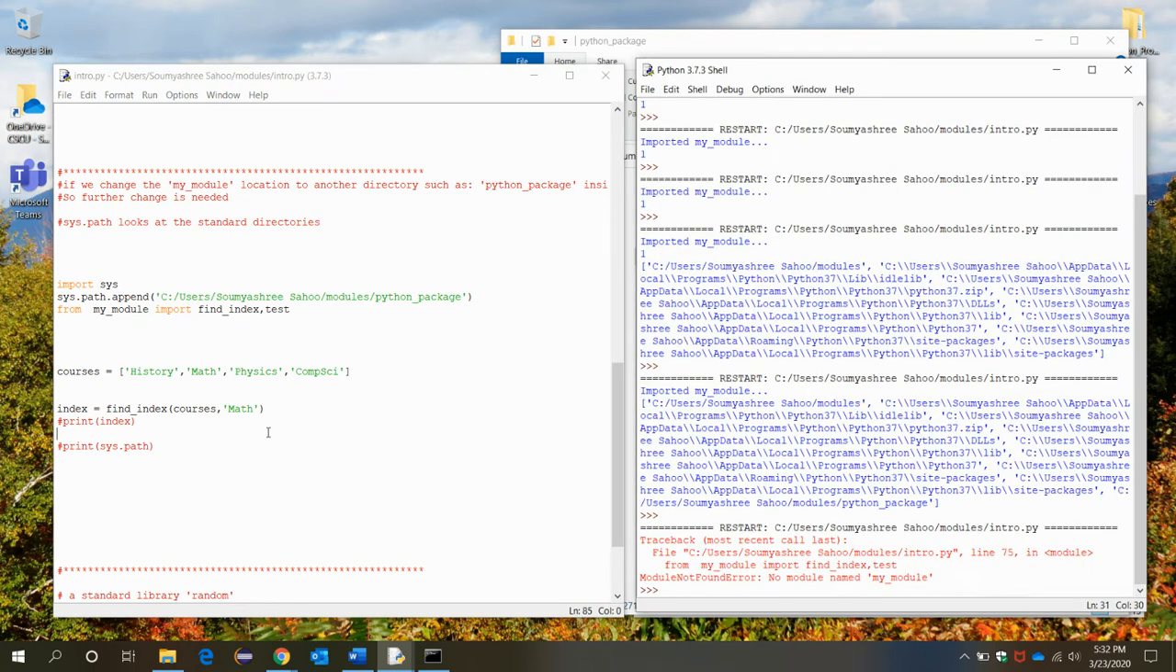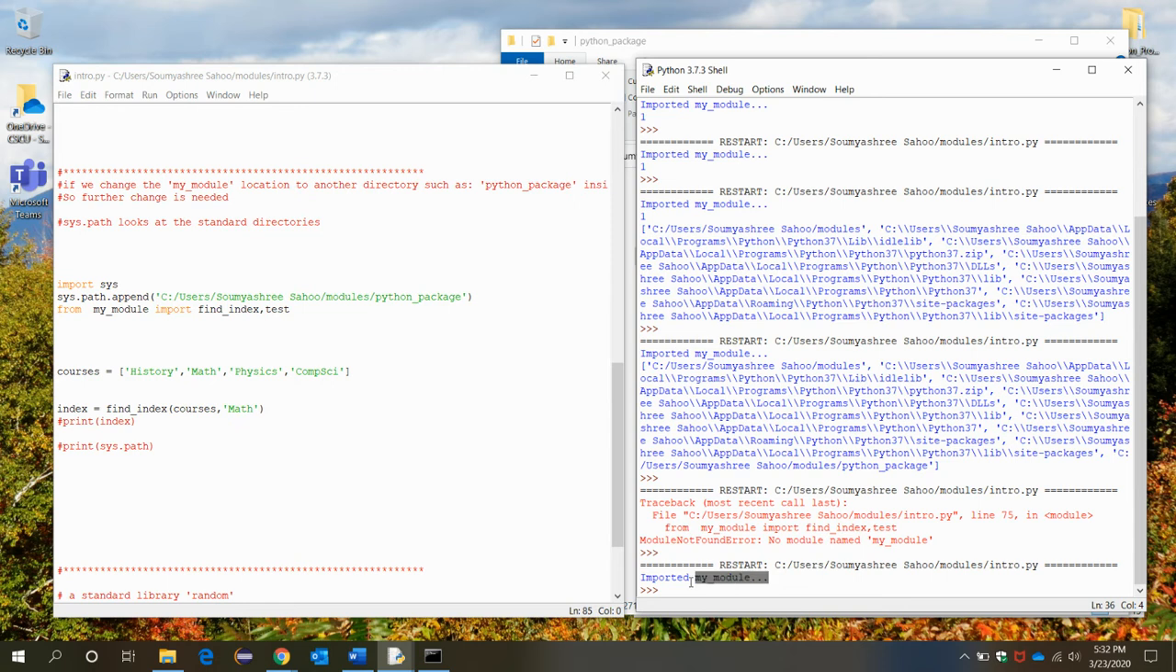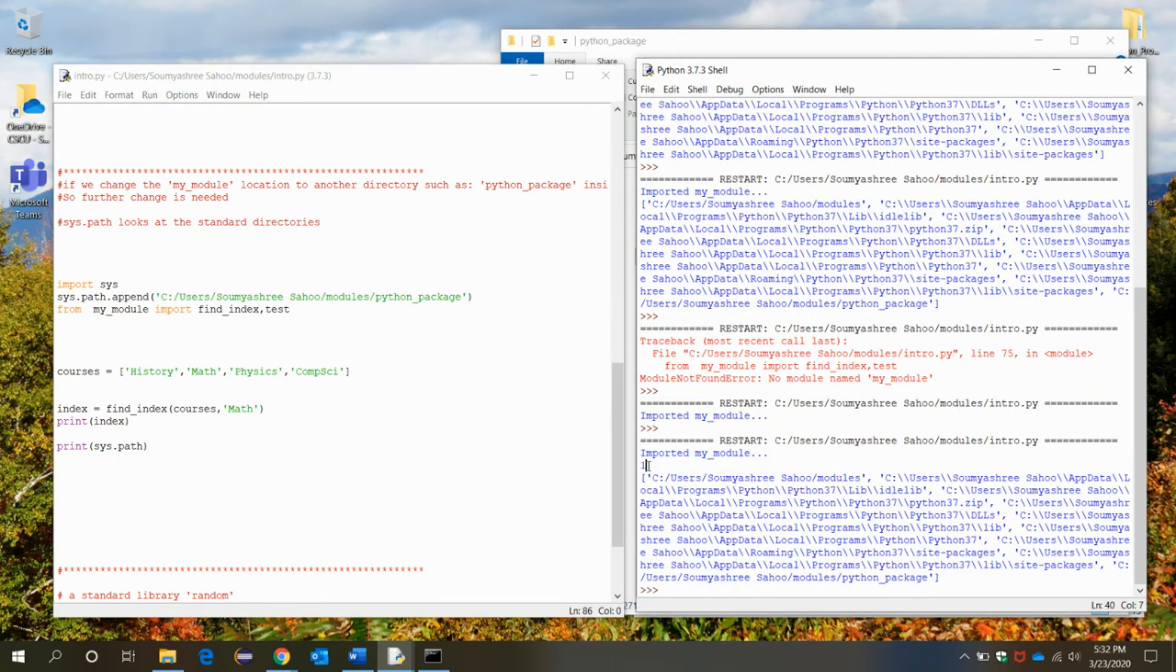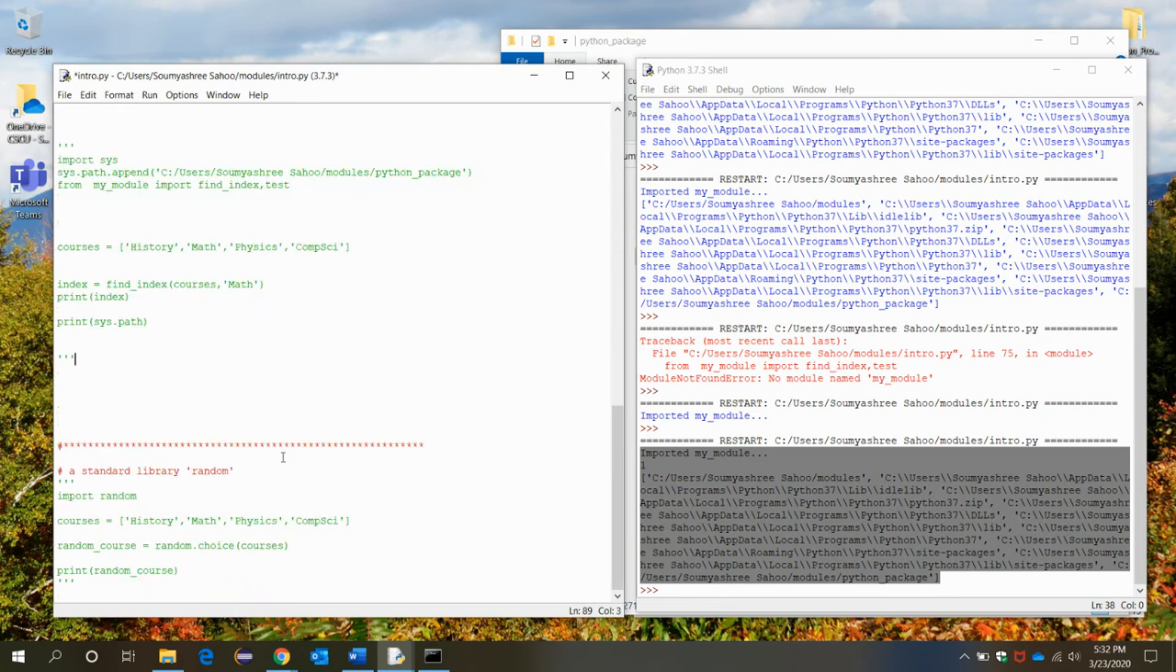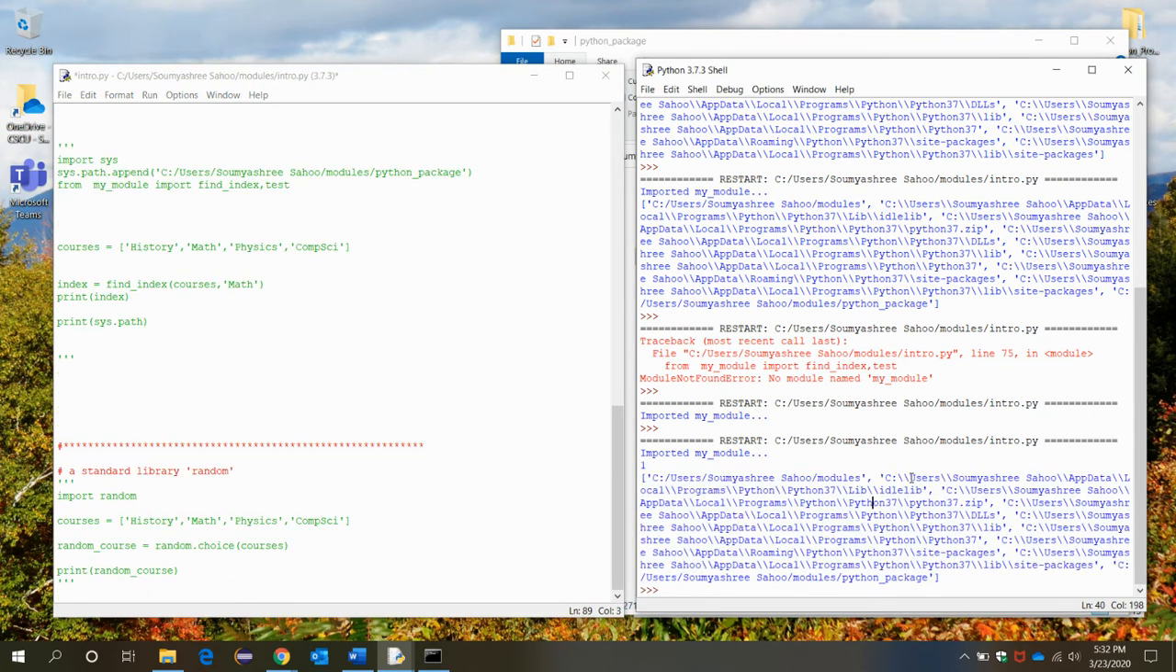After saving and running it, see, it's now showing it correctly found the modules and imported that. Let me see if these extra statements are running or not. Yes, they are running successfully. The index as well as the system path, everything is sorted out correctly. So these are some of the formats of finding modules at different directories, different places in your computer